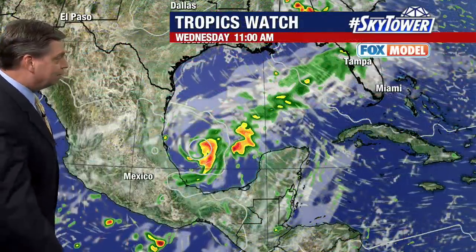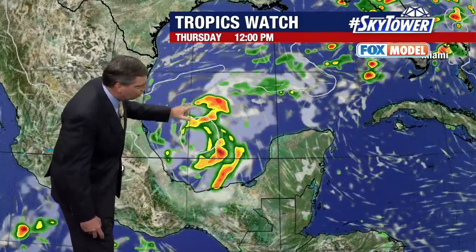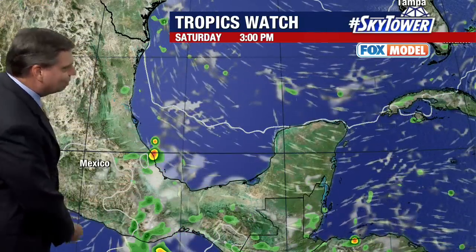So watch the Fox model, shows that track as we go through the next couple of days. Working its way to the north and then turning right back around and heading right down towards the south. And that one may actually work its way into the Pacific Ocean as well, having yet a second system that can make its way into the Pacific. We'll have to wait and see if it has the ability to maintain itself. That is really highly debatable on this one because it's just not going to be a well-formed system, not like Julia, which moved ashore as a